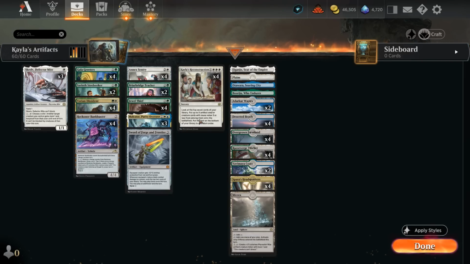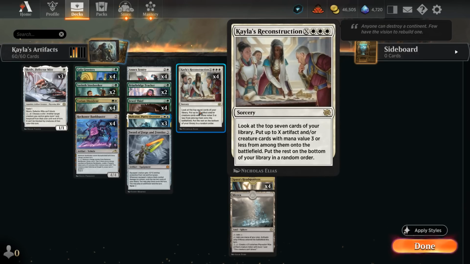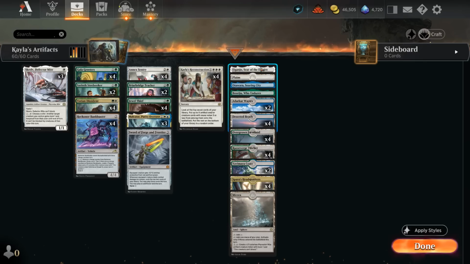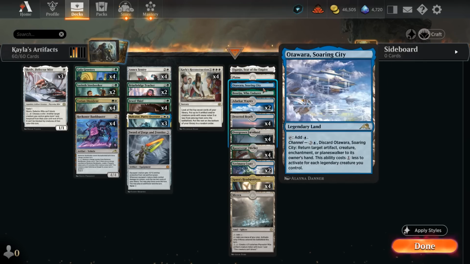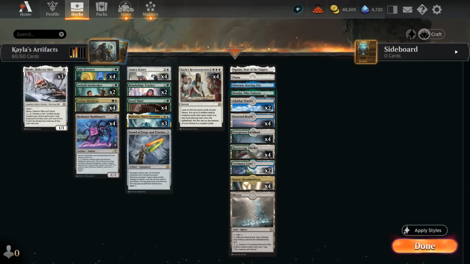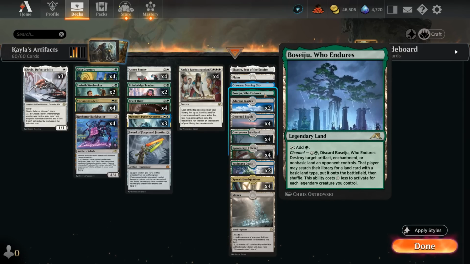And then topping off our curve, the full set of Kayla's Reconstruction. Then the mana base also offers a bit of utility, with Eiganjo potentially dealing 4 to an attacking or blocking creature, Soaring City as a bounce effect, and Boseiju can blow up artifacts or enchantments or even lands from the